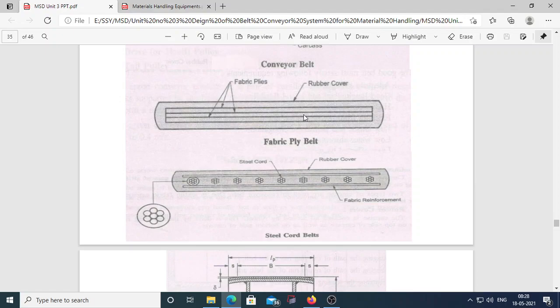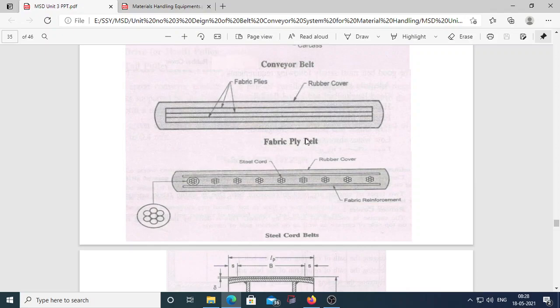The fabric belt is more flexible and runs on a smaller diameter pulley, but the steel cord belt requires a larger diameter pulley. It runs over the maximum diameter. This does not create bending resistance in the fabric belt, but the steel cord belt creates bending resistance.